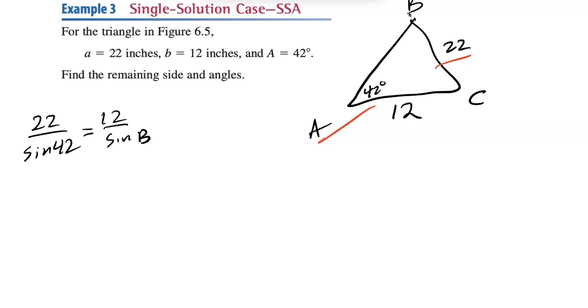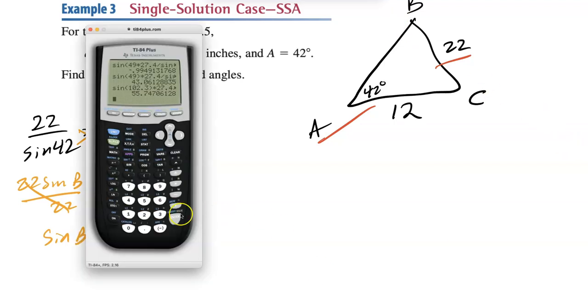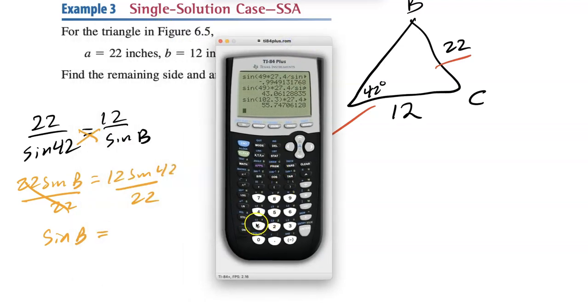So this one we cross multiply. 22 sine of B equals 12 sine of 42. Divide by 22. Sine of B, we're going to put that all into our calculators. This time I will show you because it's a brand new operation. So we're going to do 12 sine of 42. Don't forget to close parentheses. Divided by 22. And we get